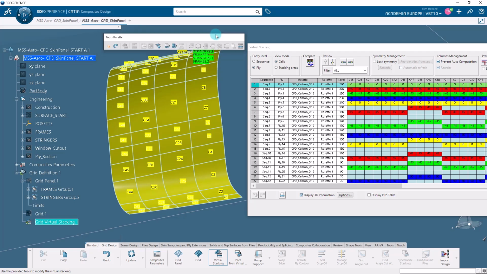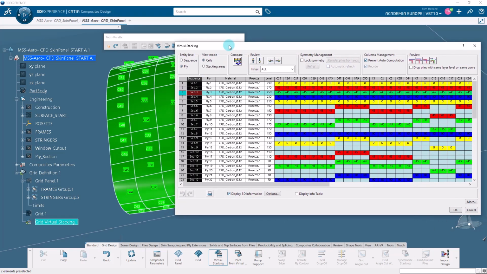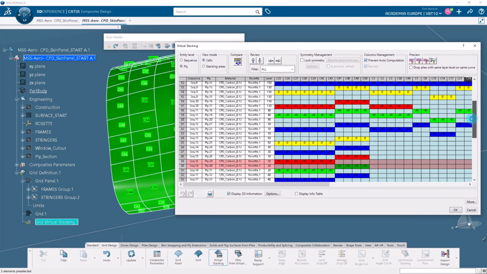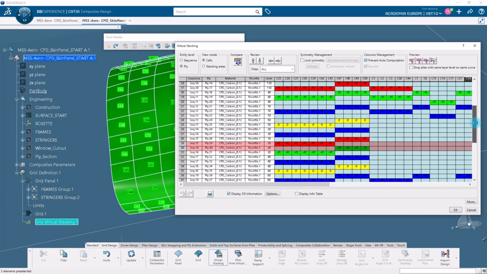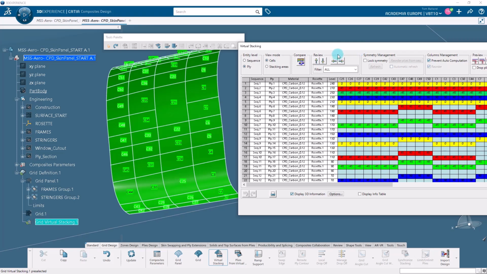The arrow options available in the review tool let you scan the rows and columns to highlight the information in the 2D viewer and on the part. In the virtual stacking, each row corresponds to a virtual ply and each column to a cell. All the cells covered by the ply are highlighted with the ply direction color, allowing one to view the definition